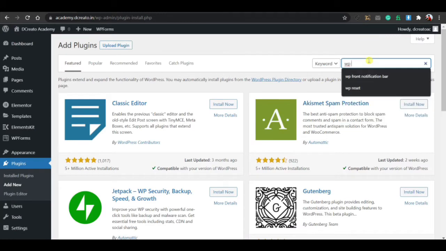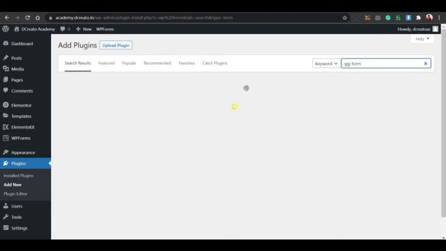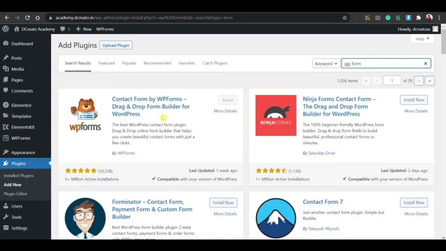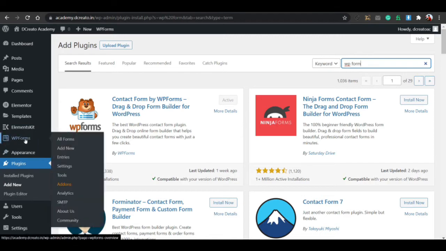So just click on this plugin and go to Add New, and if you search for WP Forms, we'll see the popular forms, so easy to use, with just drag and drop features. You can see this is WP Forms, contact form by WP Forms. You just have to click the Install Now button, then activate it. After activating this, you will see this type of features.